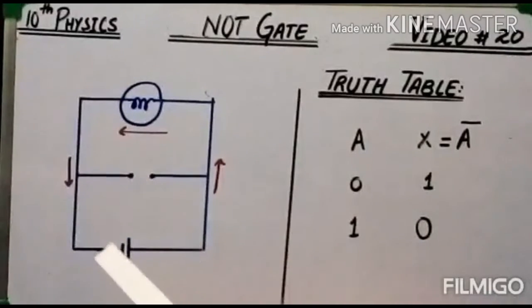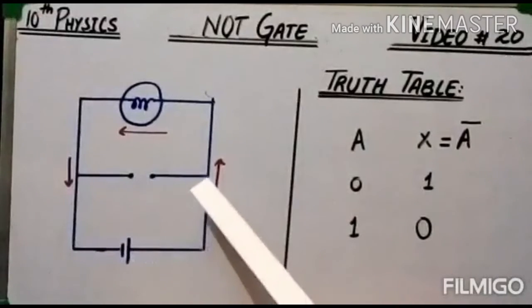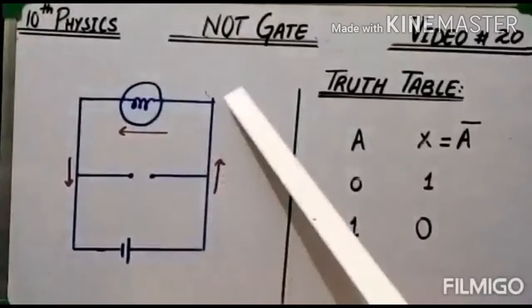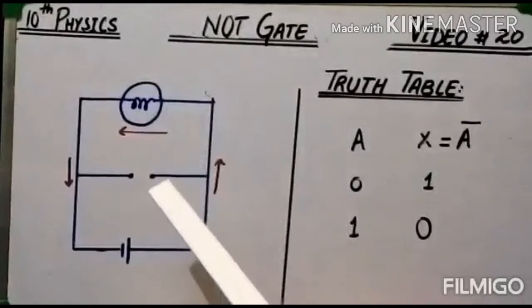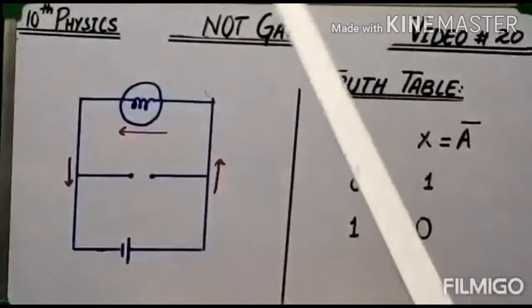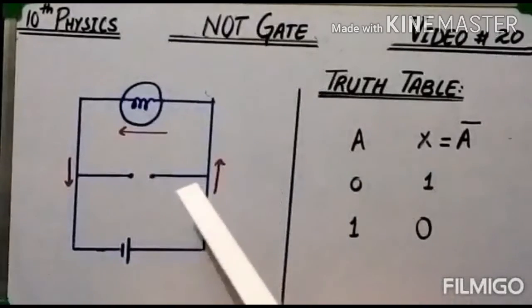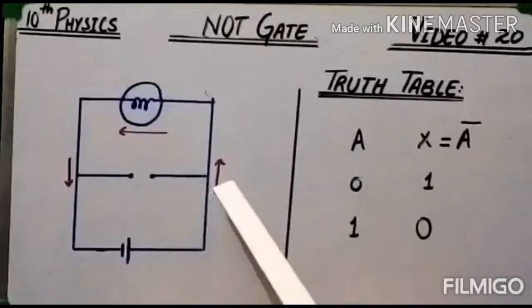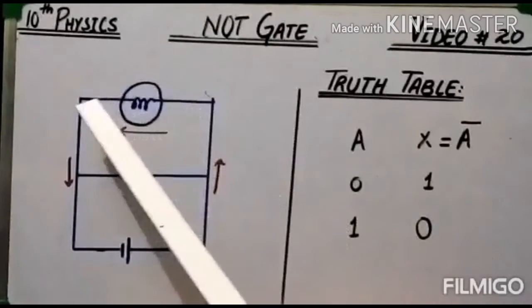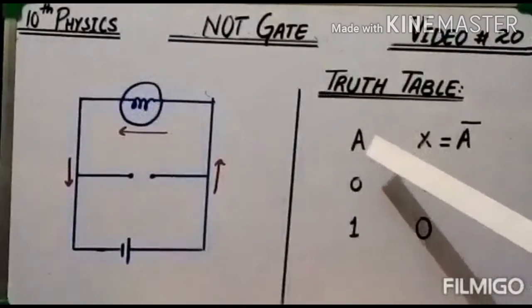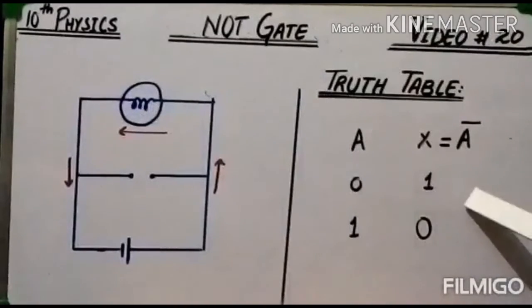If you look at the flow of the current, when the current reaches this point, it will have two options. Either it should go there or it should go towards the top side of the circuit. Now you can see that there is a gap, the circuit is open, the current will move straight up and then it will pass to the bulb and the bulb will glow. So when the switch A is open, the bulb will glow.